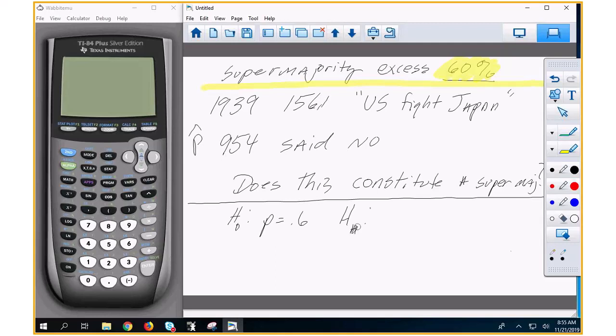and I'm used to writing H. You can put a 1 there if you want to. I don't care what you put. P is greater than 0.6, because that's a success. So we got a major claim up top, and then we've got somebody testing it, just like we had with the fast food and the drive-thru. We had something and then something testing it.